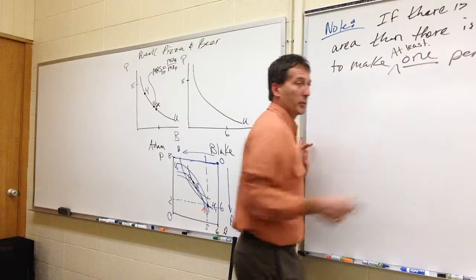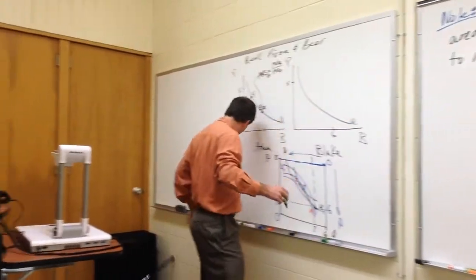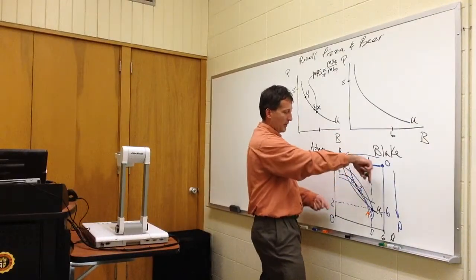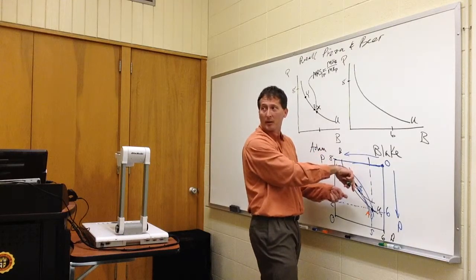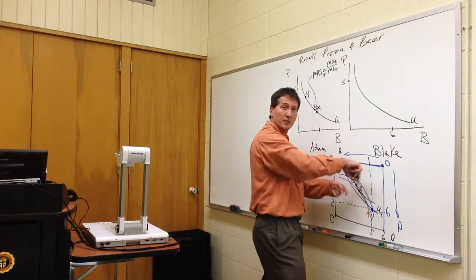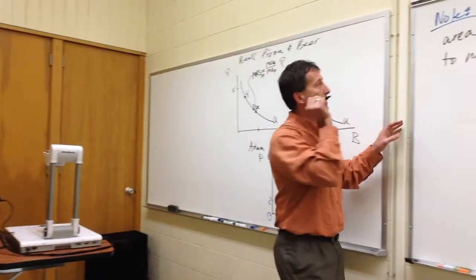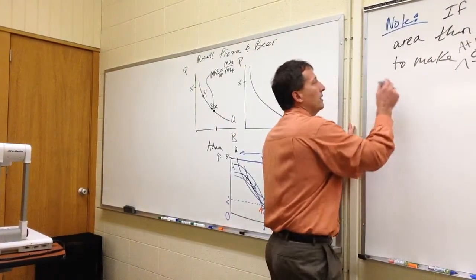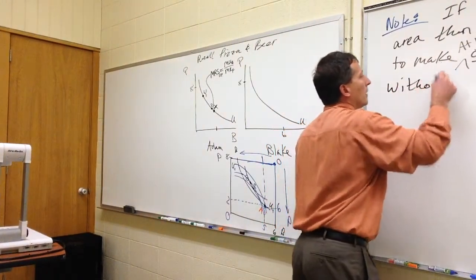We can make, as we learned, we can make them both better off. We can make them both better off is what we started with, right? It's possible for both indifference curves to shift, but it's possible to make at least one person better off without